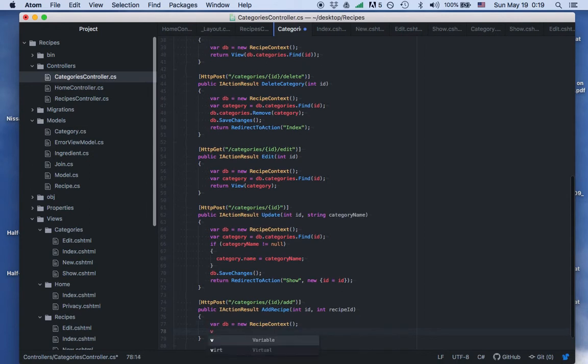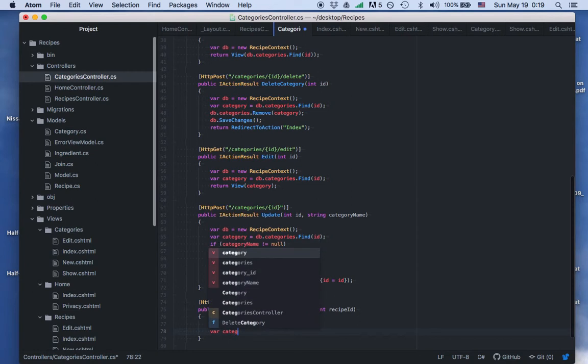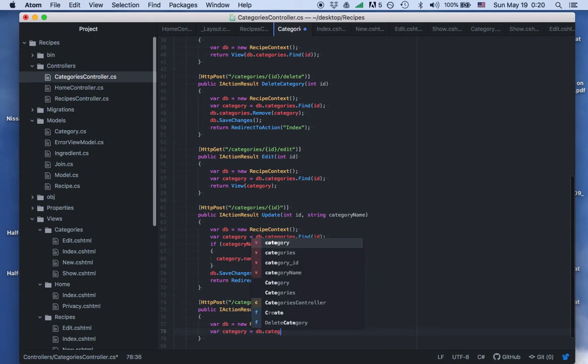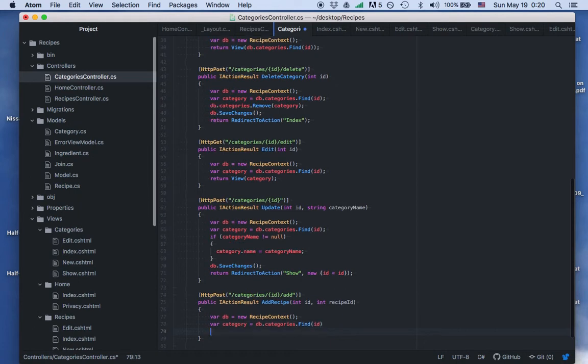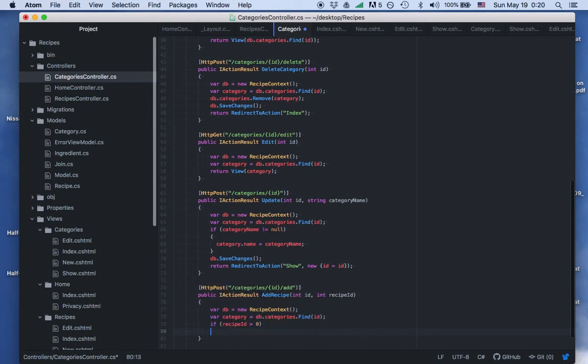And we're going to declare a variable named category, and in it we're going to store the specific category that we're dealing with by saying db.categories.find, our built-in method, and passing in the ID. And then next we're going to do an if statement. If our recipe ID is greater than 0, then